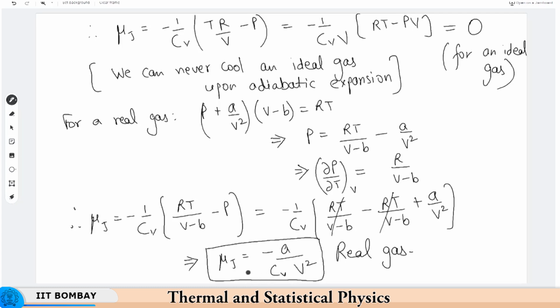For a real gas, mu j is not 0, it is non-zero, and the other important thing is that it is always negative, right. The heat capacity can never be negative, because you always need heat to heat up a system, right. The volume can never be negative, and also the A, the correction term in the ideal gas equation, which arises due to the intermolecular attraction, is also always positive, right. So, therefore, mu j is less than 0 for a real gas,